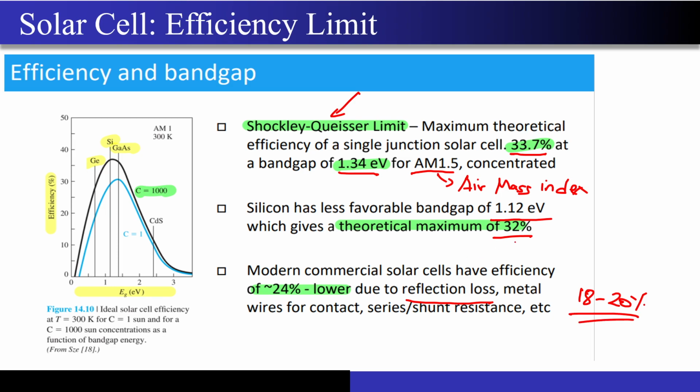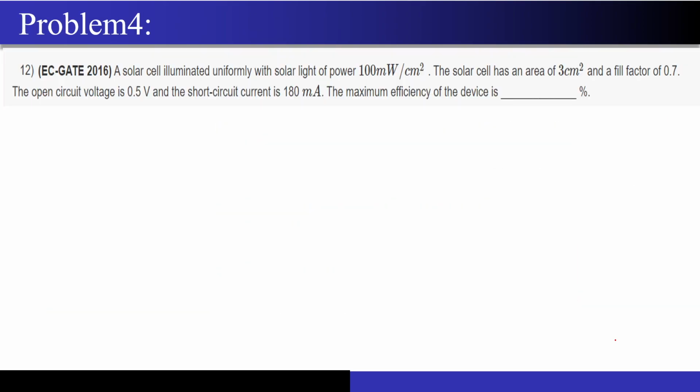So this efficiency is nothing but, if I am shining a light having a particular density of watt per meter square, and my solar cell has a particular area, that means I am transmitting maybe x watts of power. Now how much of the power am I able to deliver to the load? If you take that ratio, that is your 20%. Correct? I hope it is very much clear. Now once these concepts are clear, this will help us solve a lot of good numericals that came in the GATE exam for solar cells. So now let's try to solve these numericals.